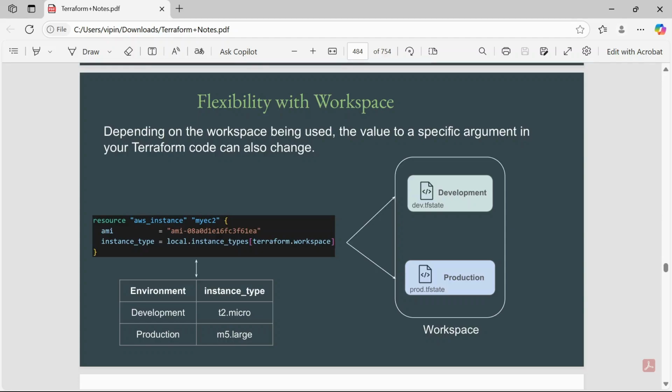So here we have the workspace, and we are going to provision the resources using the workspace feature, right? Let's go ahead and see it practically so that it will be clear for you and you can understand it easily.